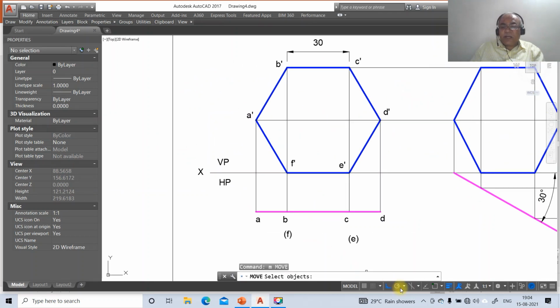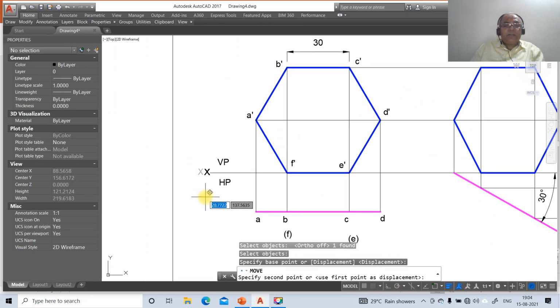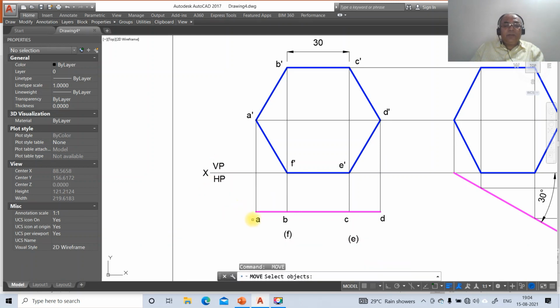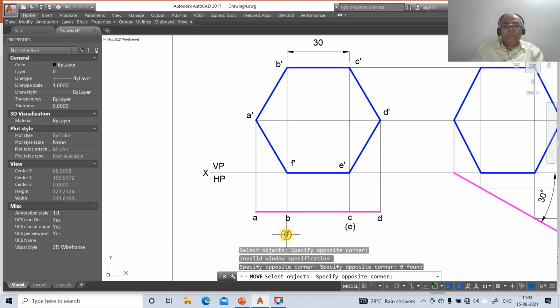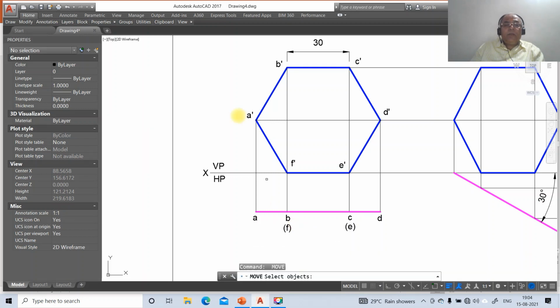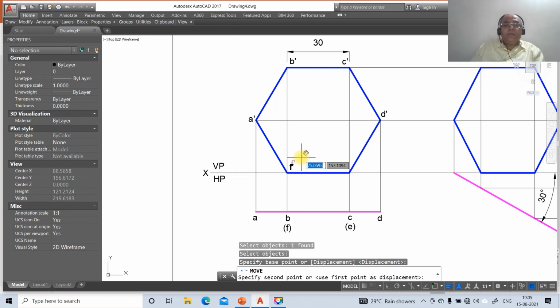So still further, you can take it inside, and then you just switch off this and place it X wherever you want, which is appropriately, it can be placed nearer to those points like B, and similarly C, and then D, then E, then F, then here A dash, then B dash, then C dash, then D dash, then E dash, then F dash.